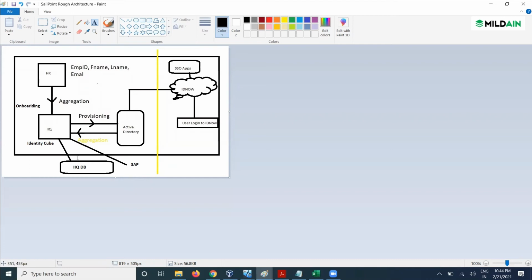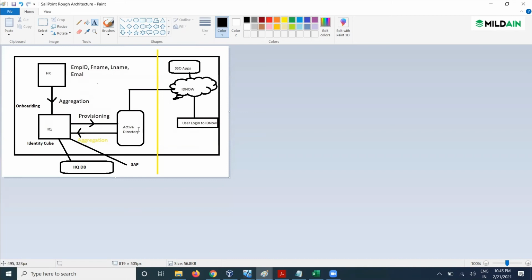How we can provision the user records, we will see in our training. But for now, just focus on this: from IAQ, we can provision the user records to various target applications. And even from the target applications, we can pull those records back to IAQ as well.